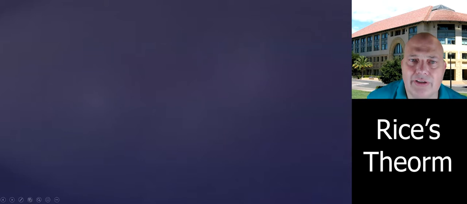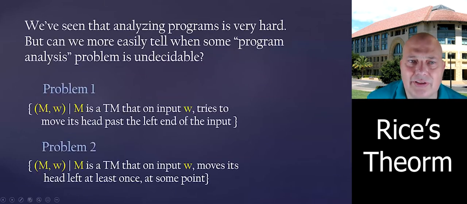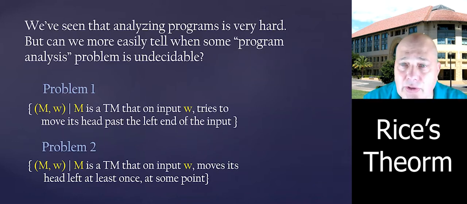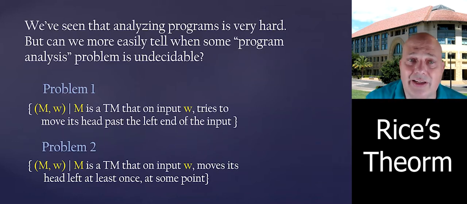Let's start with two problems. And the purpose is to show that it's not always that easy to tell which problem is decidable, which problem is not decidable. So the first problem, look at pairs M, W, such that M is a Turing machine that on